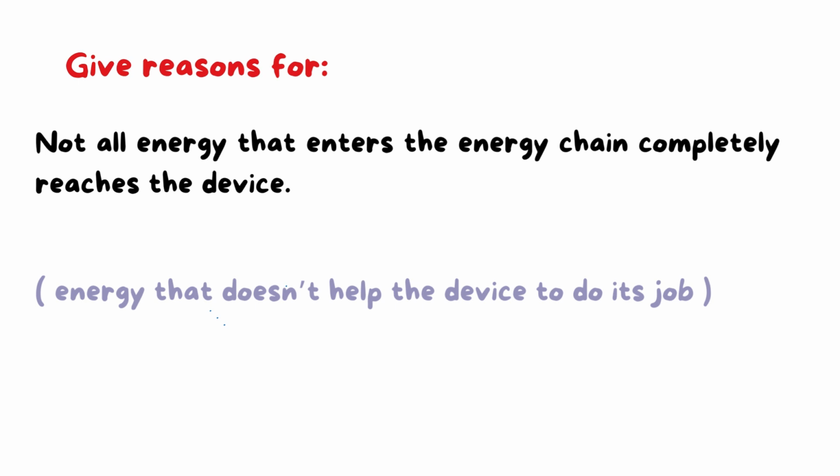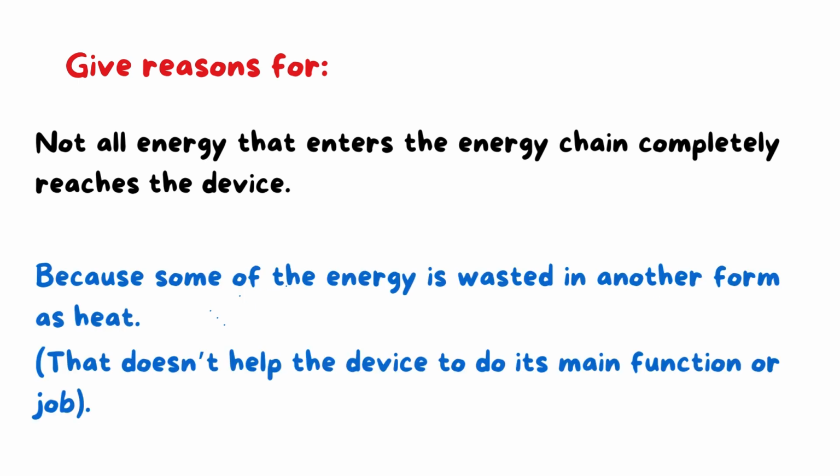So this is the wasted energy, okay? So here we will talk about the energy that doesn't help the device to do its function or job. So the answer here,